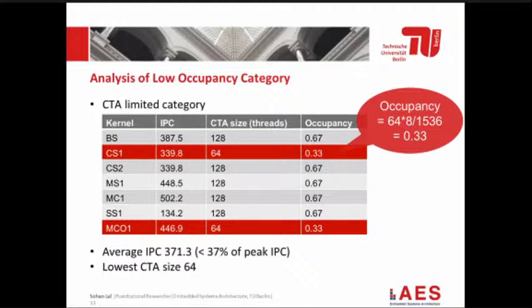If you multiply them and divide by the maximum number of threads that one multiprocessor can have, which is 1,536 threads, you get only 0.33 occupancy, or 33%. Very simple math tells us that to achieve 100% occupancy, we need 24 CTAs. 24 times 64 is 1,536. Since we are not using real hardware, because in real hardware you cannot change that,